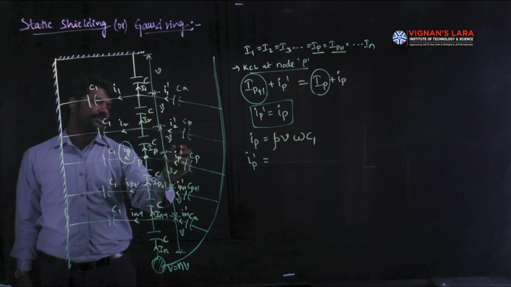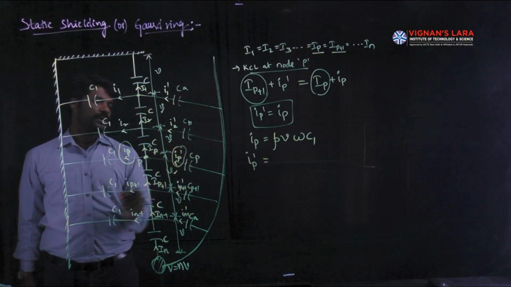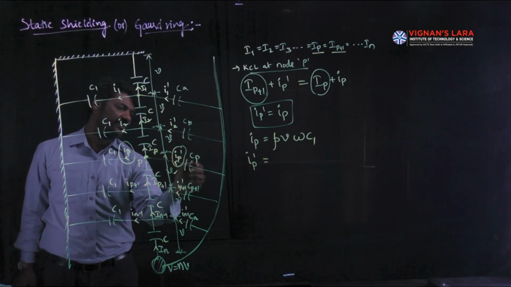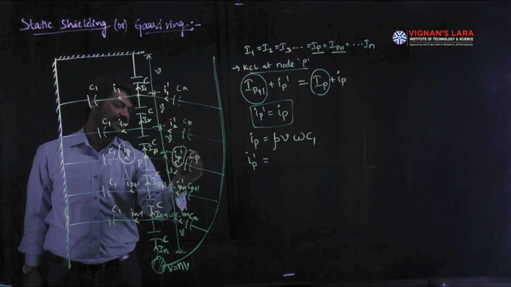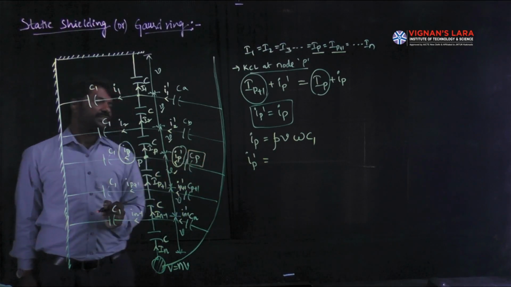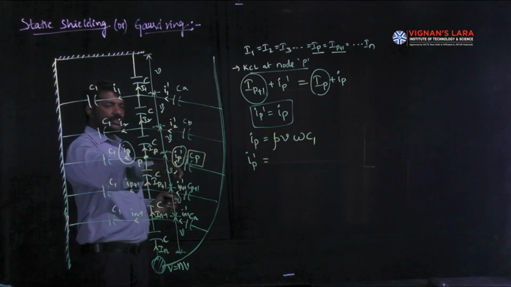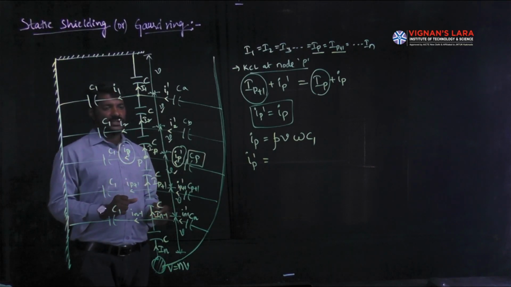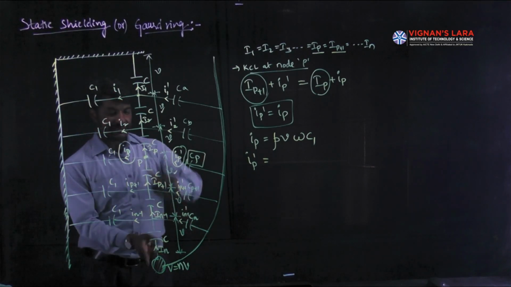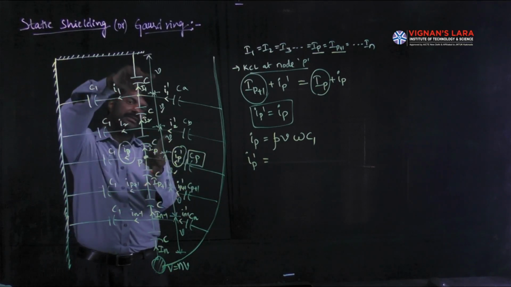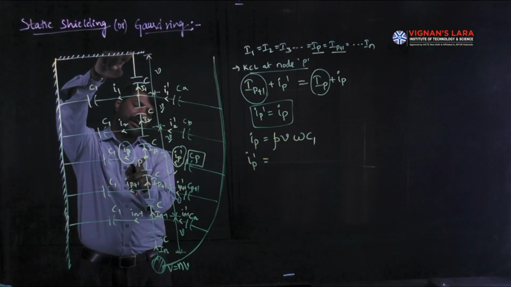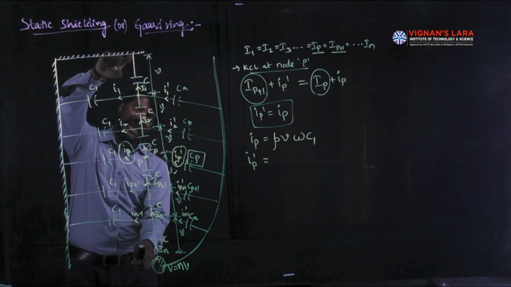This is the magnitude of IP dash. This IP dash is passing against a capacitance of Cp. This is the shield capacitance, having a magnitude of Cp. Then how much voltage is there? If you check it, this is the reverse of the remaining thing: up to here is PV. Actually how much voltage is there? NV voltage is there.